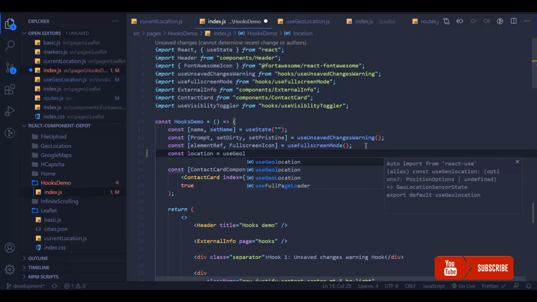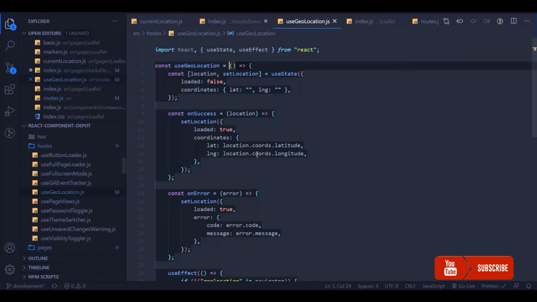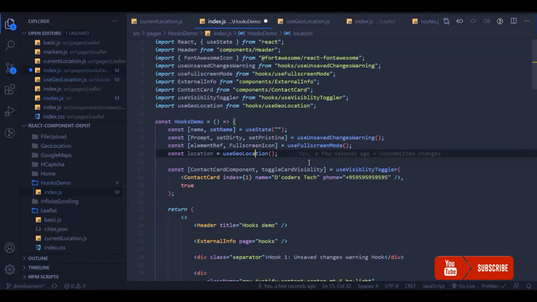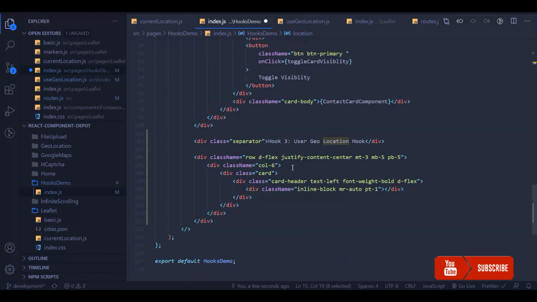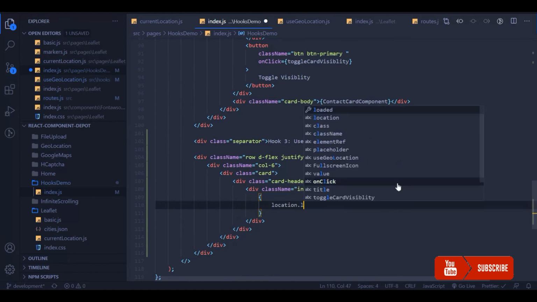If you want, you can use it further in your application however you want. As I said, it will return loaded, lat and long, and error if there was an error. So first I need to check if the location is loaded, and then I can show you the actual coordinates.